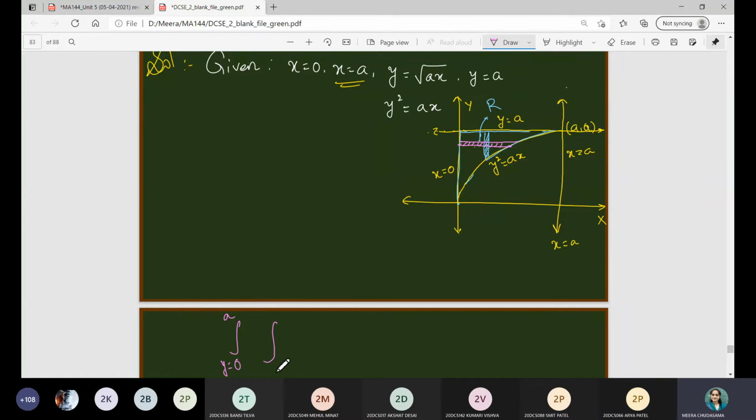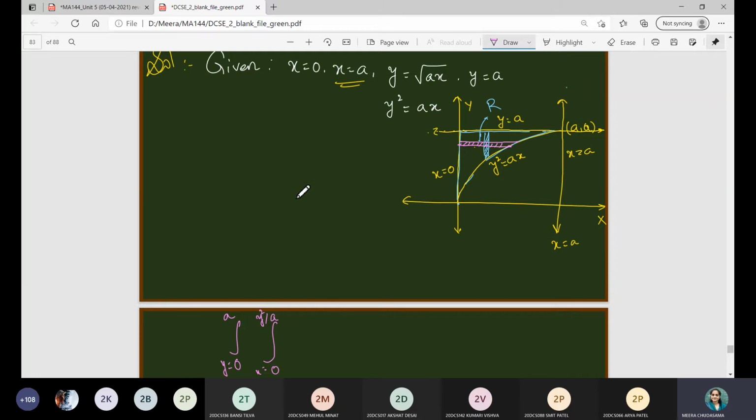And what about x limits? ये डायरेक्शन में मूव करेगी वो. Ma'am, 0 to y square by a. x is equal to 0 to y square by a. Right? And that is the reason we have considered a to be greater than 0, so that this quantity is not invalid, right? So we have to put a is greater than 0 in the example, right?